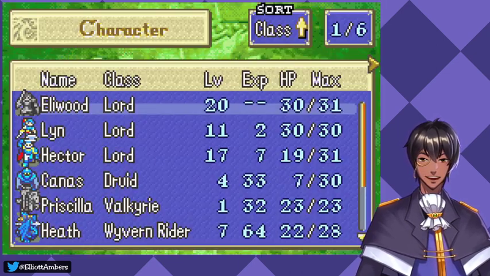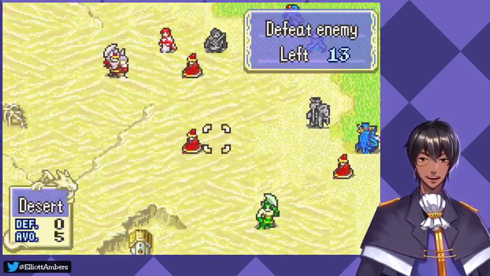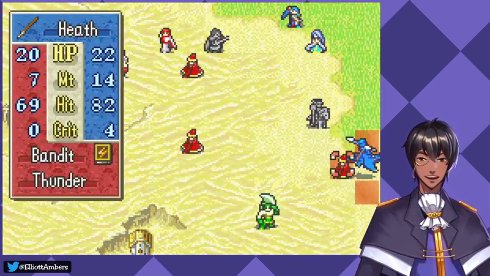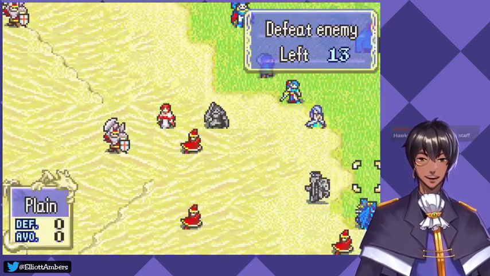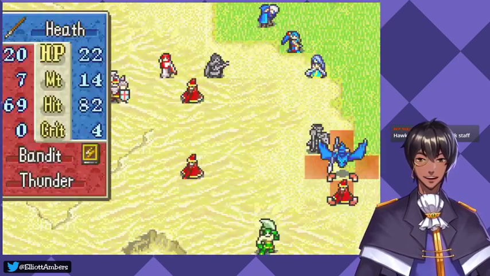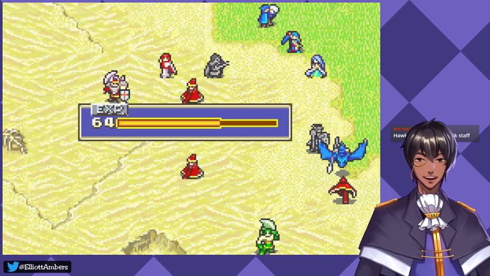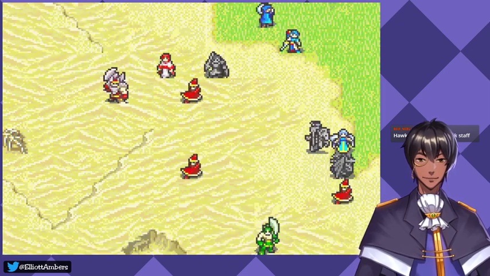And the mages can all just converge on Elliewood. That's fine. Or they can go to Priscilla or Hawkeye. Either way, I don't mind too much. Iron Lance. This works, actually. We can do this. Can you dodge? We'll dance Heath, and hopefully...